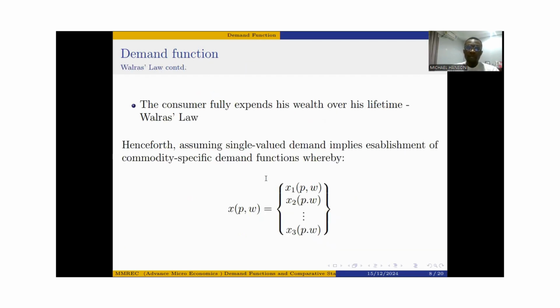Now, let's try to understand the whole thing about Walras' law achieving single value, like I mentioned earlier on. So the whole expenditure, you can see from the matrix above, X1, P, and W, suggests that the expenditure for commodity X1 can only be spent on X1. If you spend on X2, that should be it. You should finish with X2, and you can't spend on both X1 and X2. When you do that, then you're talking about the multi-value. So you can express Walras' law in terms of these matrices. So each expenditure for each commodity or bundle